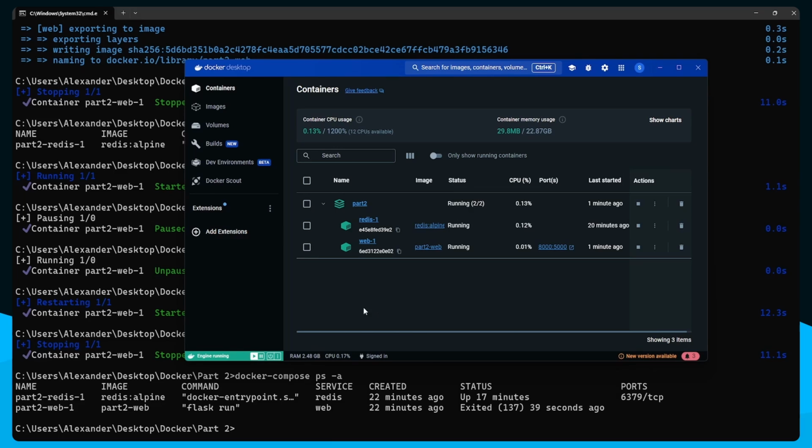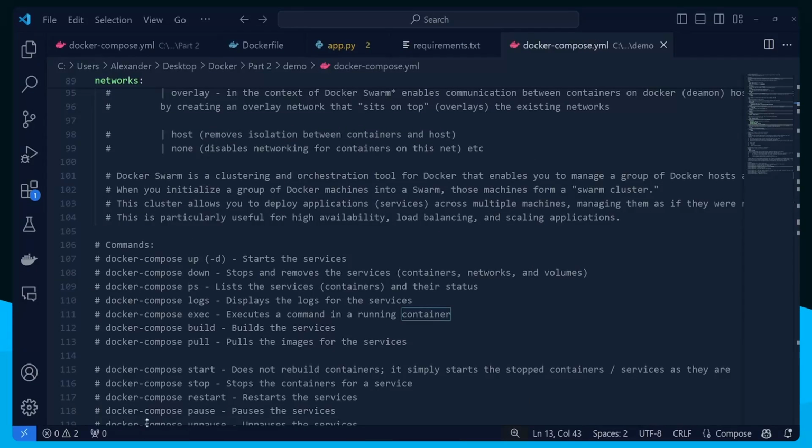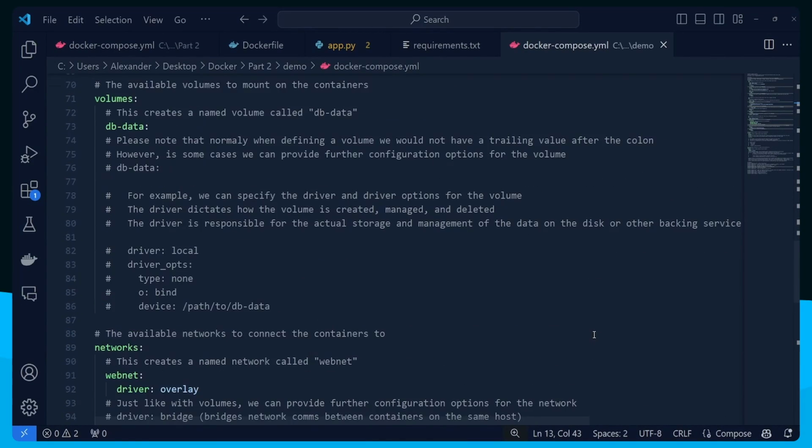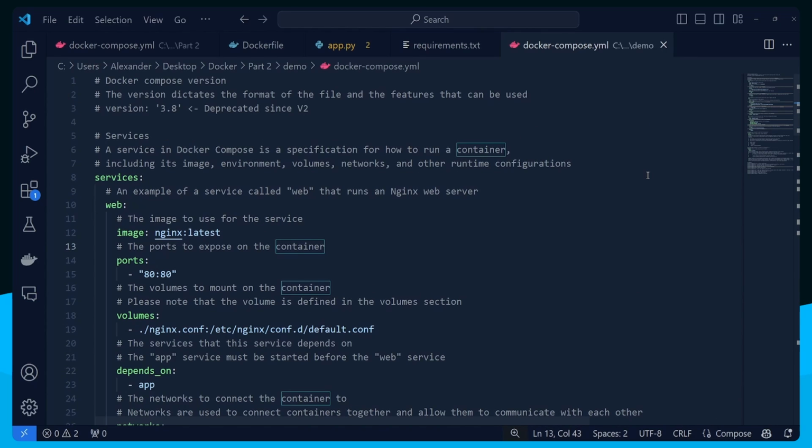And with that said, we're pretty much done with everything you need to know to start working with Docker Compose. Now, in the next video, we're going to be covering even more advanced topics, but for now, that's about it,